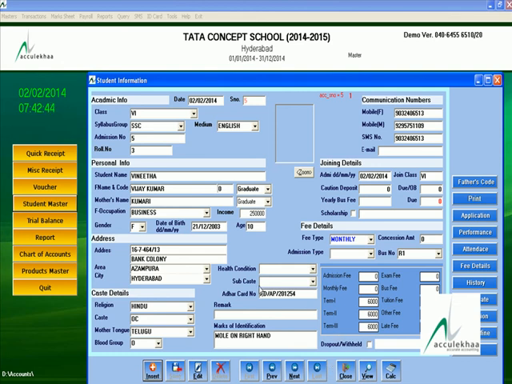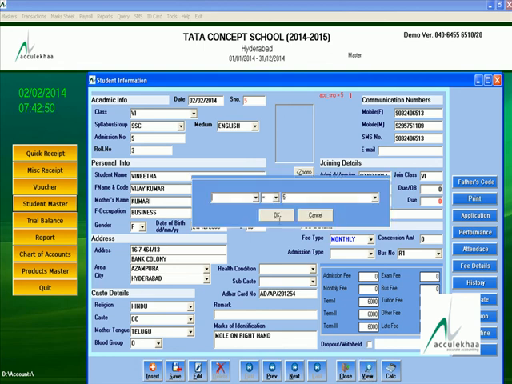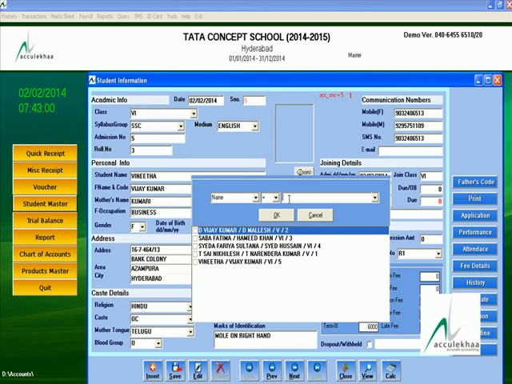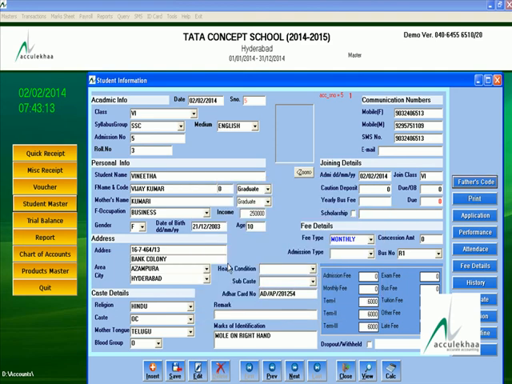And suppose you want to retrieve any data with a name, then you have to click the view button to select the name is equal to. Automatically names are available on the screen, or you can type the name, then automatically it appears on the screen. Simply take this one, press enter, then the data will be retrieved automatically.